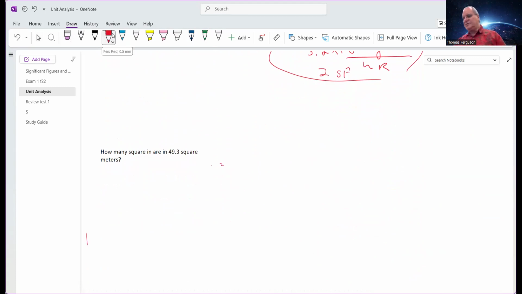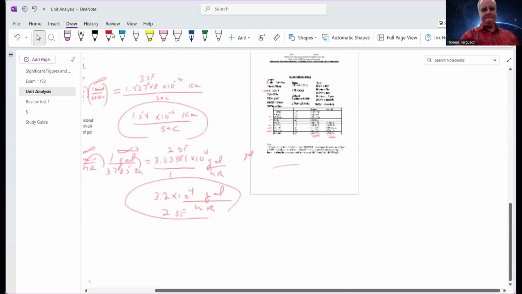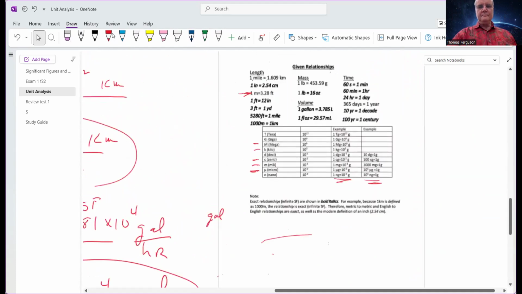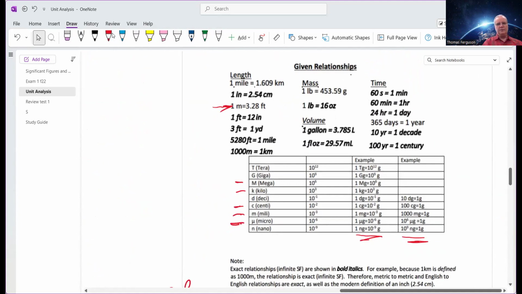Okay, how many square inches are in 49 square meters? So let's look on our conversion chart here for a second. Do we see any square anything? Do you see any cubic anything? So what we're going to do is convert our linear measurements to,